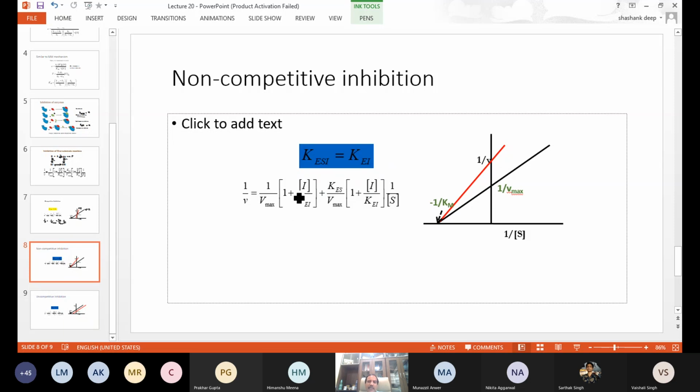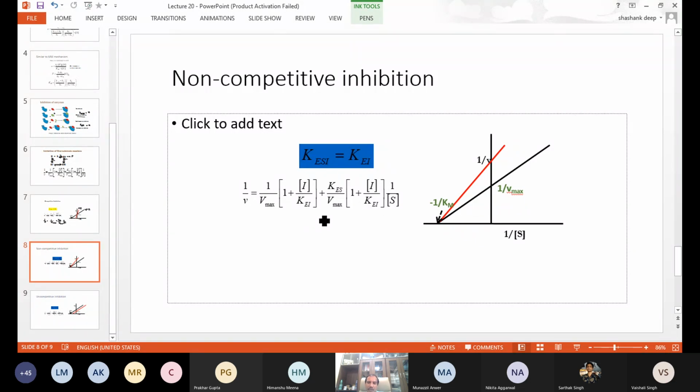And you can see that in this case, both intercept and slope will change. So when you see that both intercept and slope change in the 1/V versus 1/S plot compared to that carried out in the absence of inhibitor, then you know that you are dealing